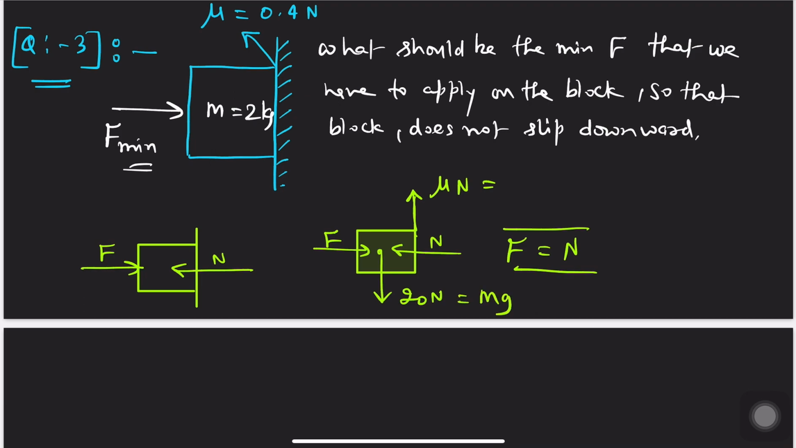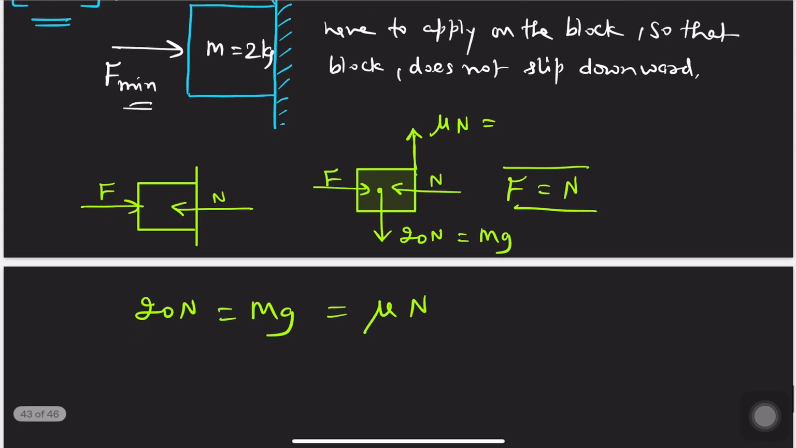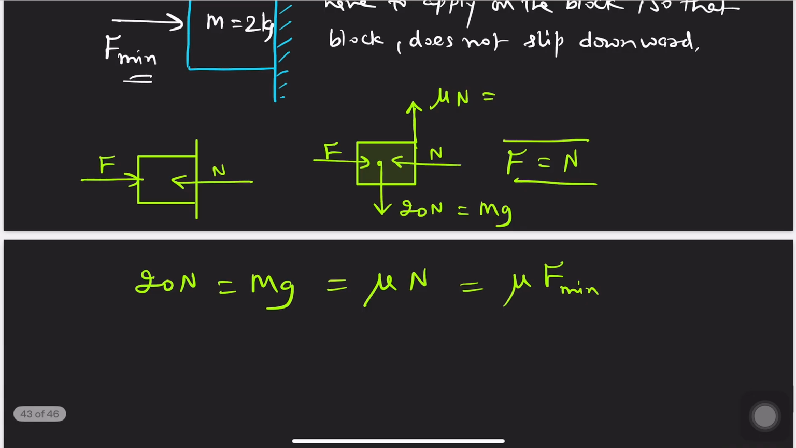So we can write a very simple equation: for equilibrium, the 20 Newton, which is your mg, should be equal to mu into N. I hope you understood. And mu into N, I can replace the N with F, so I can write mu into F minimum. From this we can solve the problem: F minimum will be 20 divided by